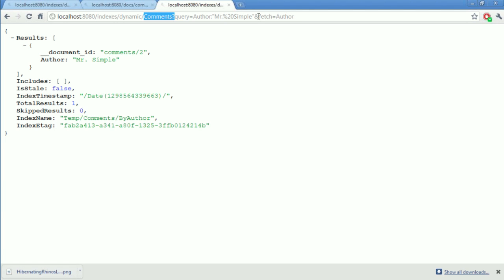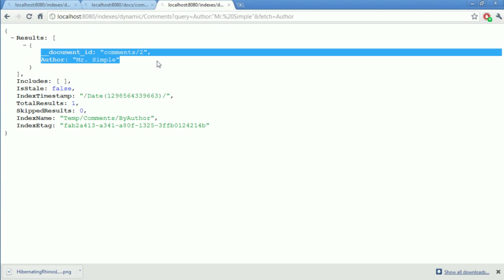This is what we actually indexed. When we make a query against this, we query the index store, and that provides us with the following information: the document ID, which in this case is comment/2, and if we want, we can also get the actual fields that were indexed.